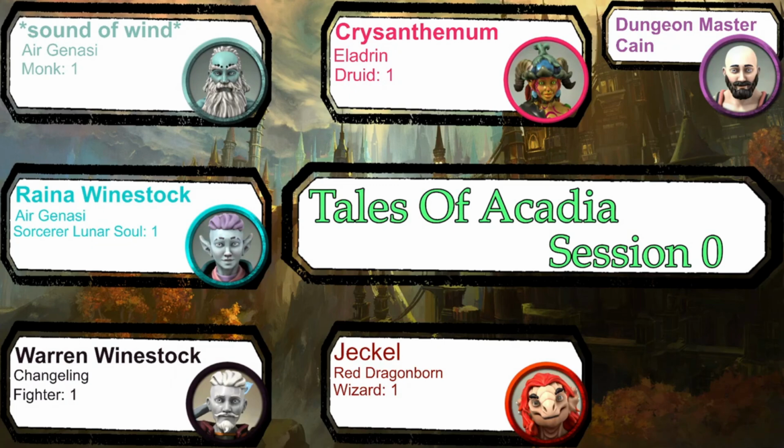Okay. So that being said, Warren, obviously, you would like to get back into the Feywilds. Here we have Sound of Wind seeking out Reyna, Sound of Wind and Reyna being half siblings. I think this makes for a very natural setup. Sound of Wind and Chrysanthemum were kind of doing their own thing. Reyna and Warren were kind of doing their own thing.